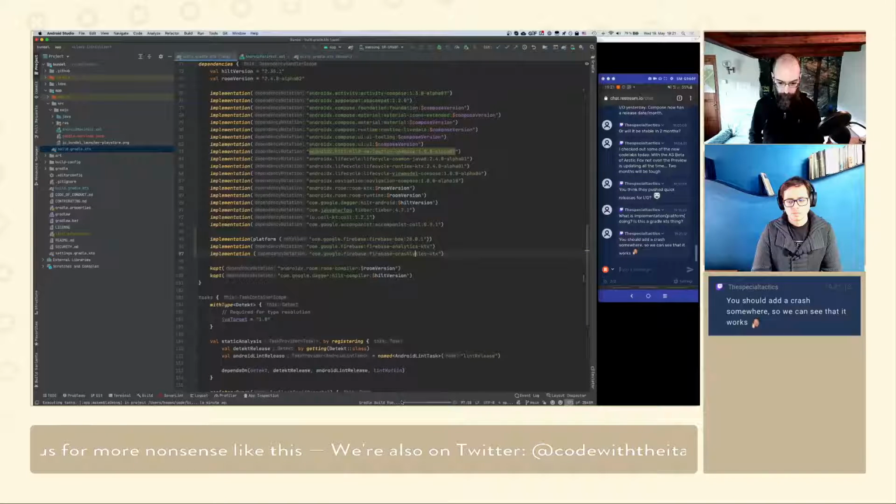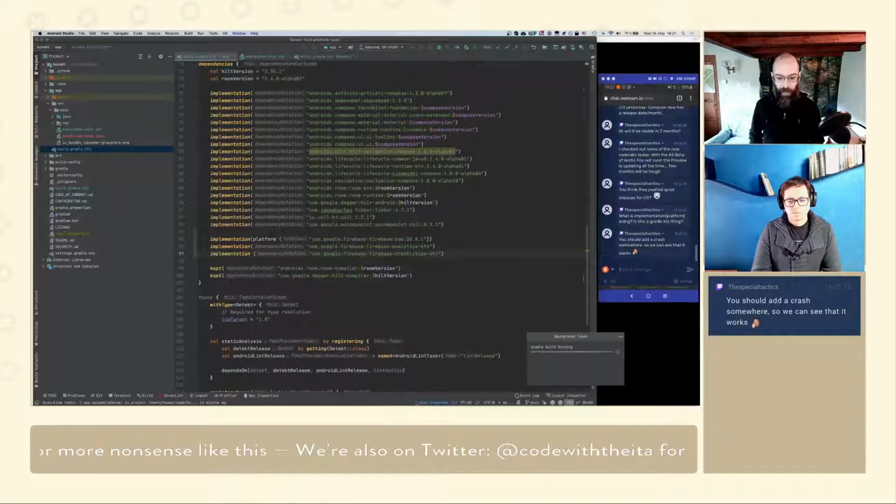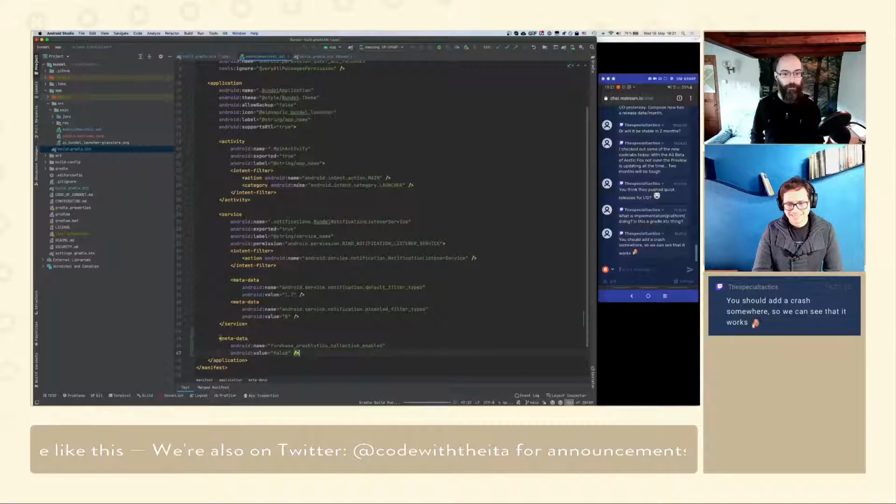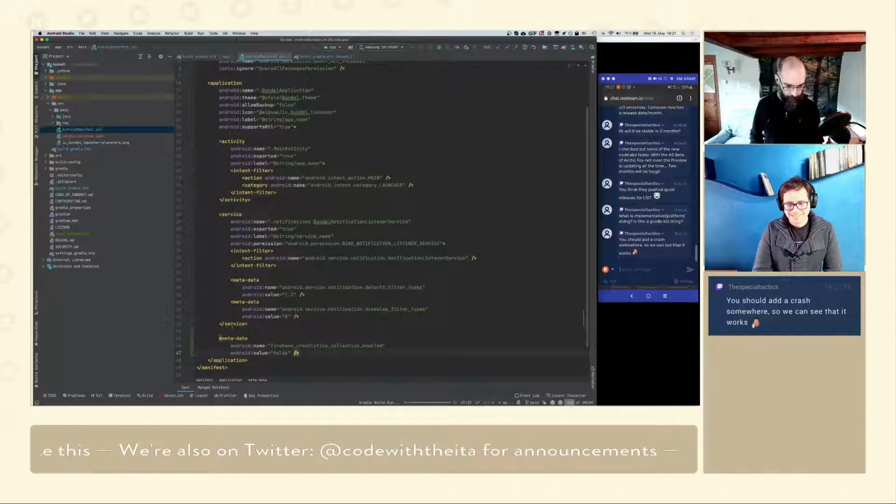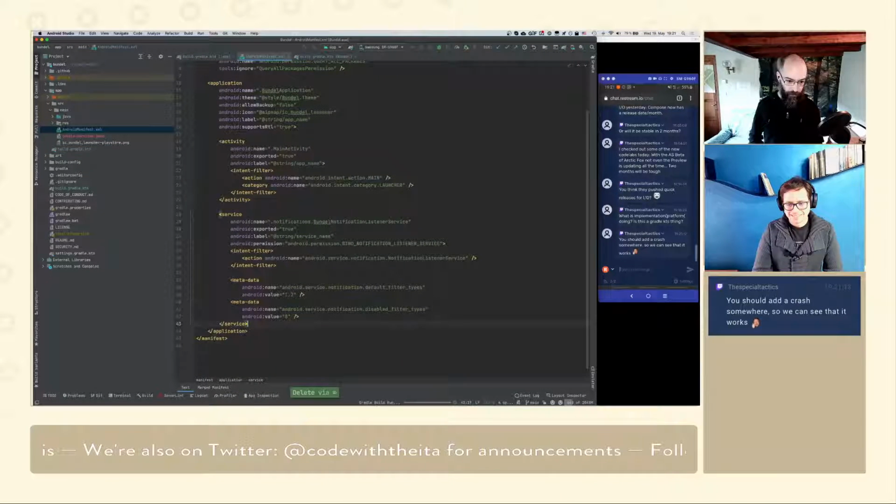But as suggested, we should make the app crash as soon as we can make it run. Come on. Okay. So we disable this, and then we